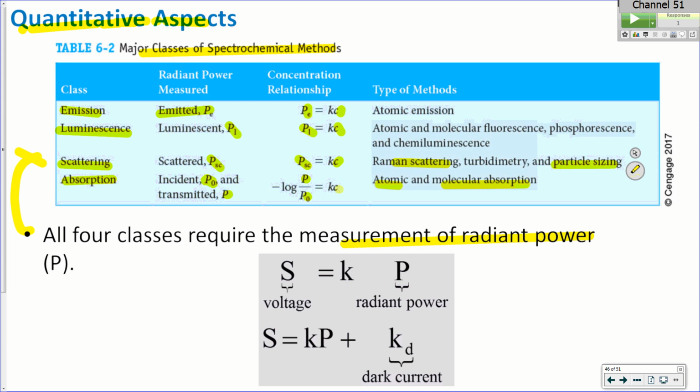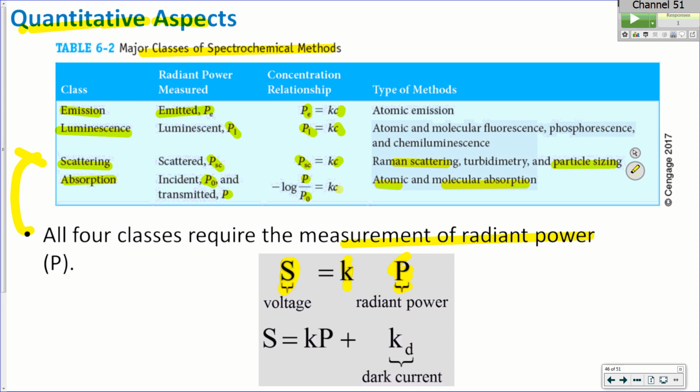Our detector is going to see a signal, which is typically monitored as a voltage. There are a few things where we look at current. Diodes measure current flow, but most of the other ones we're looking at the voltage that it kicks out. Even with a photodiode, it was a current flow that's changing. We looked at the current flow across the resistor to measure the voltage drop across that. So we can convert that current into a voltage fairly easily. So you have a signal that's directly proportional to the radiant power in a signal.